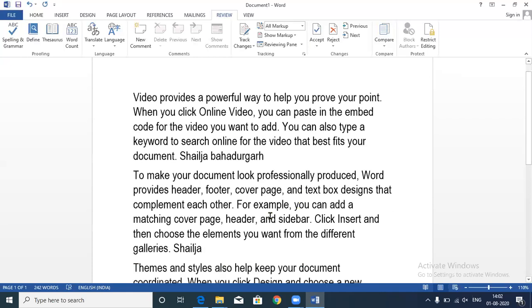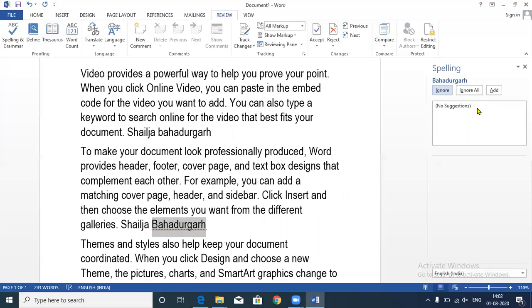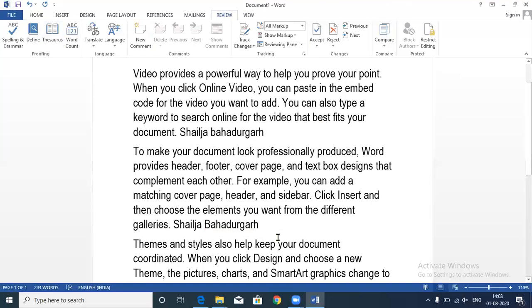It will not show an error for this. For example, here I am writing this word again. It will show me an error again. But if you click here on spelling and grammar and you add it to the dictionary, it will be added to the dictionary.